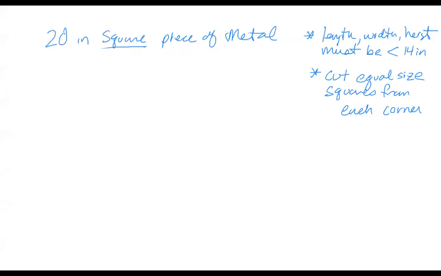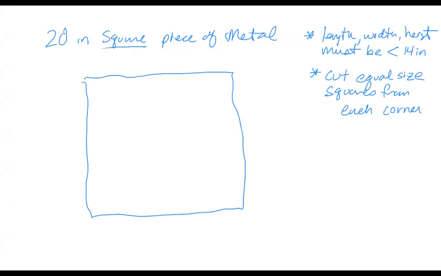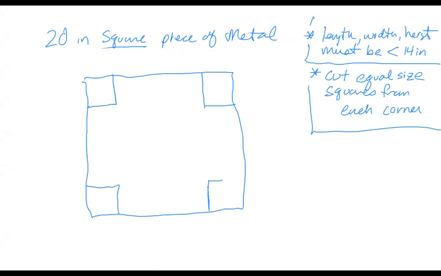Okay, so we have a 20-inch square piece of metal. Square, of course, means the sides are the same length. So I'm going to try to draw something where the sides are the same length. This is a very horrible square, but we're going to go with it. I know that the length, width, and height must be less than 14. We're going to keep that in mind as we look at possible solutions. But we also know we want to cut equal size squares from each corner, which we will cut out and then fold in